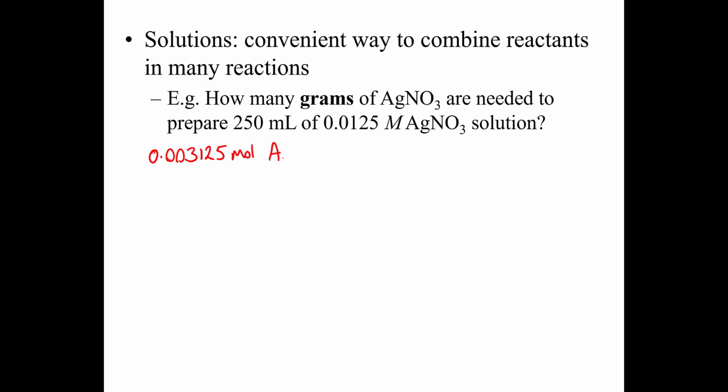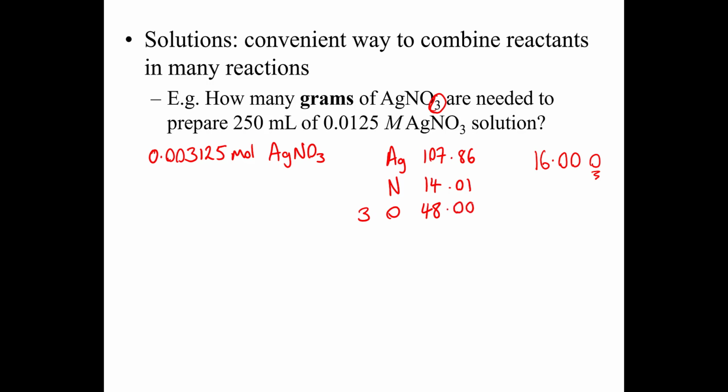If I have a periodic table handy, of course, I can look up the atomic weight of silver, and we find that the atomic mass of nitrogen is 14.01. There's one nitrogen, there's one silver. There are 3 oxygens in here. Oxygen has an atomic weight of 16.00. There's my oxygen atomic mass. There's 3 oxygens, so that leaves me a number which is 48. 3 times 16 is 48. Basically sum these all together, and the answer ends up being